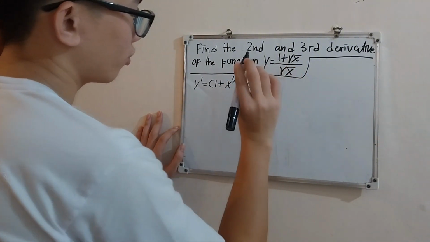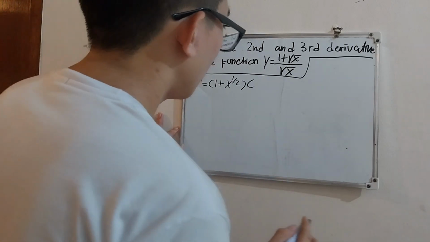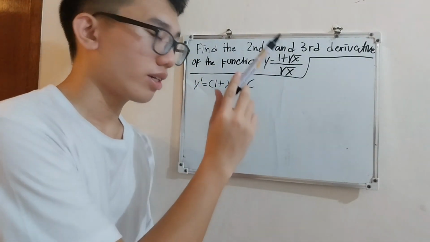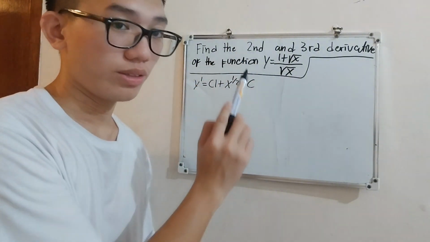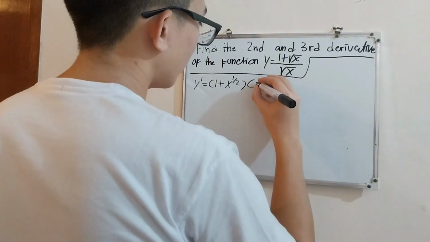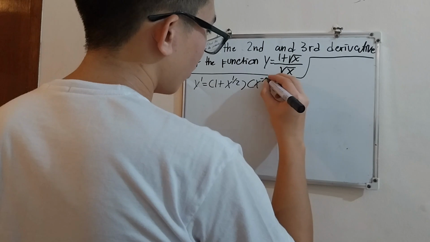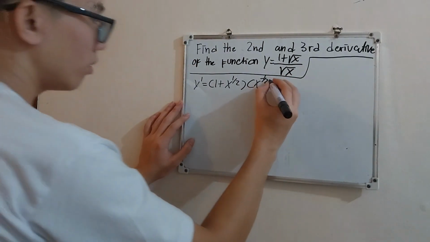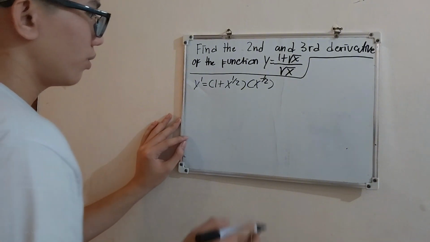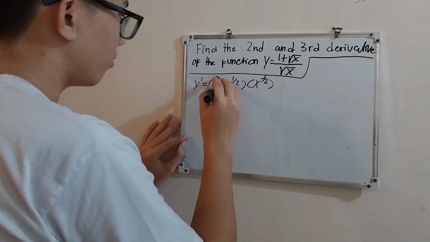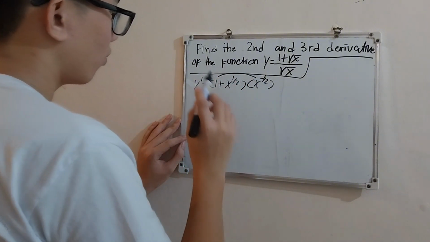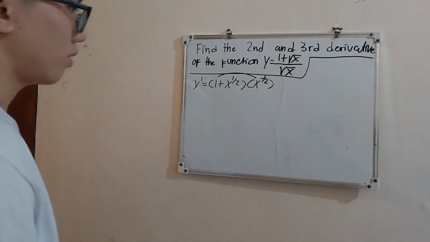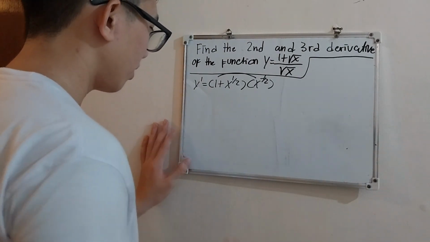Then for the square root of x, since it is in the denominator, it will be x to the negative 1/2. So after you do this, you will simplify. So 1 times x to the negative 1/2 is equal to